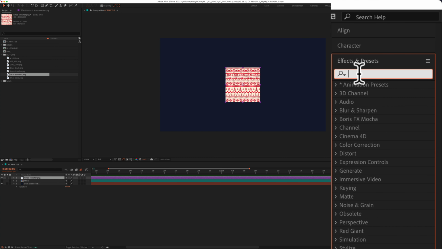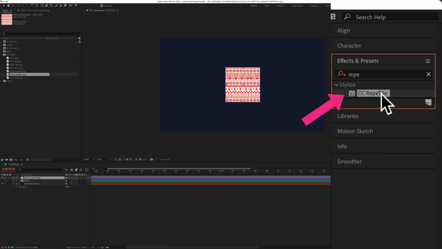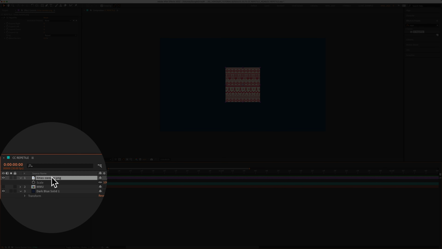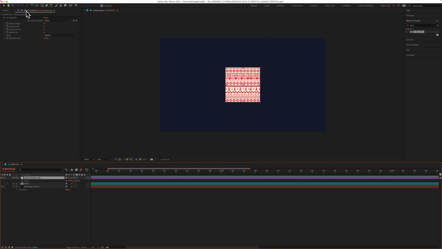In the search field, I'm just going to start typing in RepeTile, so R-E-P-E. You should see under Stylize CC RepeTile. I'm just going to drag it right onto the pattern layer. With the layer selected in the Layers panel, I'll go up to the Effect Controls to customize the CC RepeTile